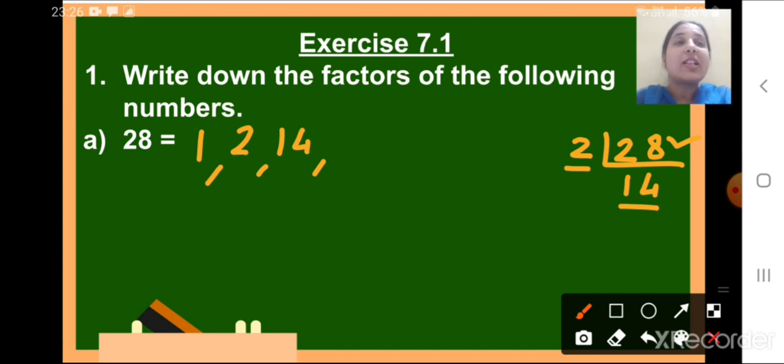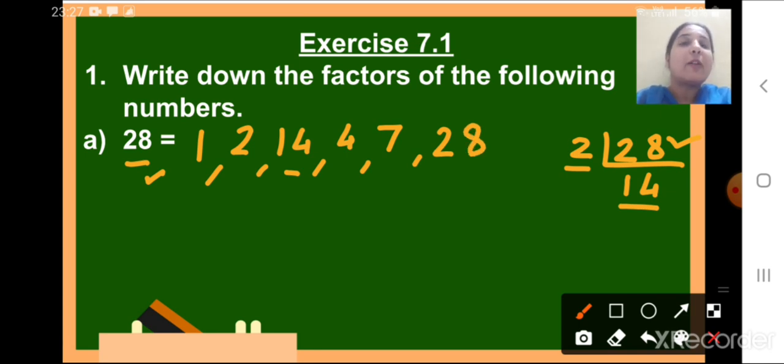Now let's move to the number 4. So 4 7s are 28, isn't it? So 4 as well as 7 will be the factors of number 28. 4 7s are 28 as well as 7 4s are 28. Okay. Now children, if we will move further after number 14, we will not get 28 in the multiplication table of suppose 15, 16, 17, 18 and so on, except that number 28 itself. When we will get 28 ones are in its multiplication table itself.